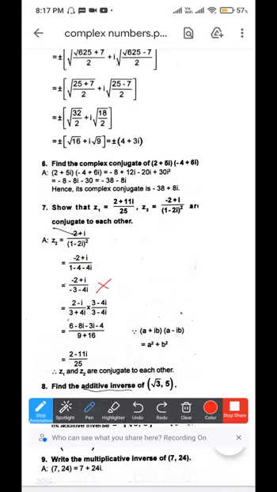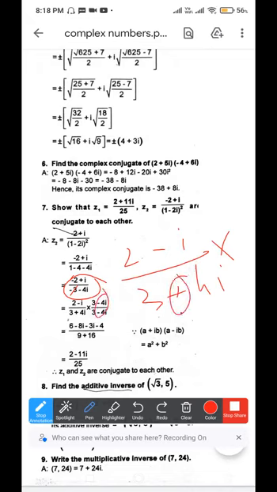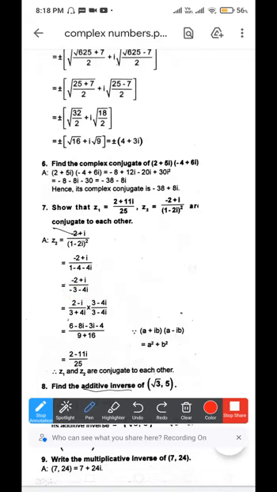What is rationalization? We are having minus in the denominator, so we multiplied and divided by plus. We have taken common minus from numerator and denominator, so we got (2 - i)/(3 + 4i). We took minus as common from numerator and denominator and cancelled it out. After doing that, we are rationalizing, multiplying the numerator and denominator by the conjugate of the denominator.